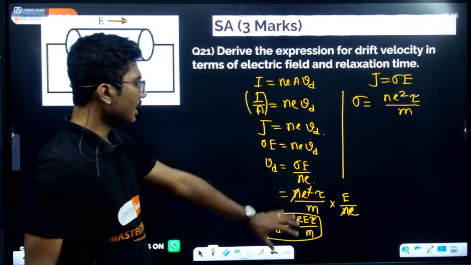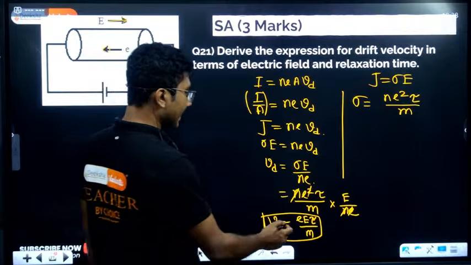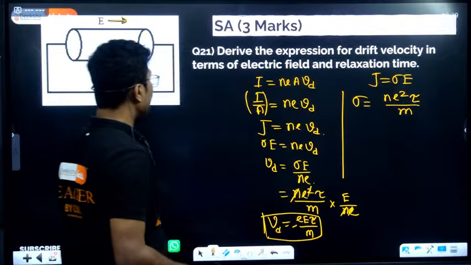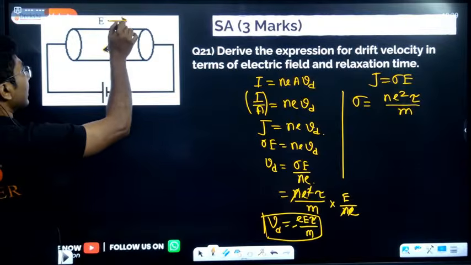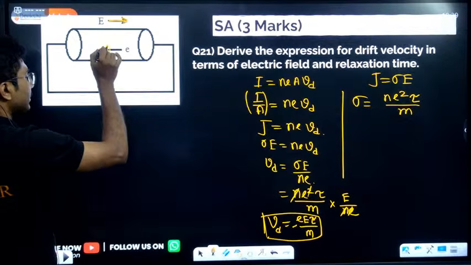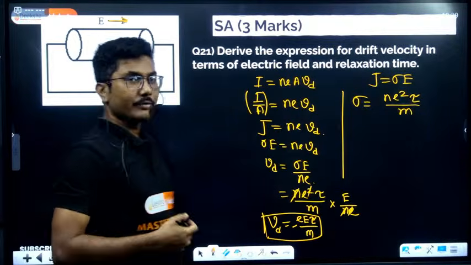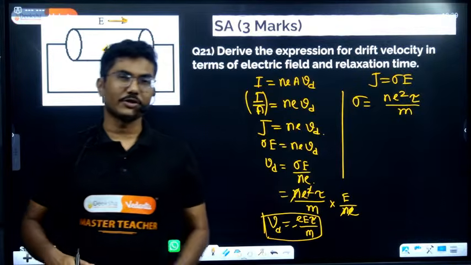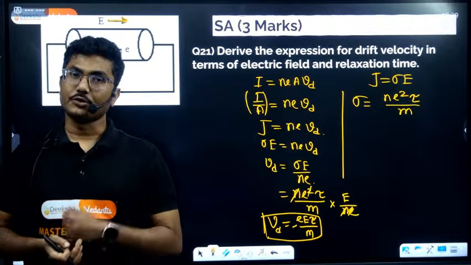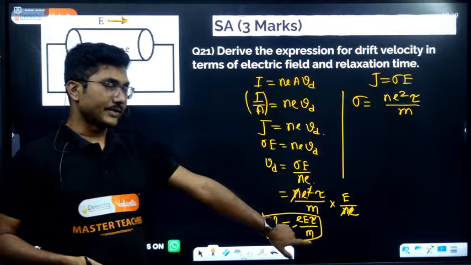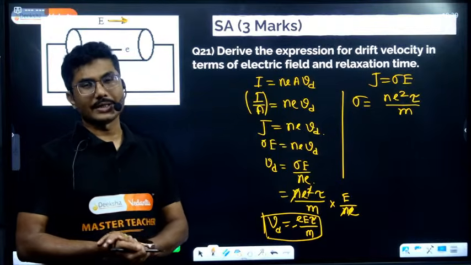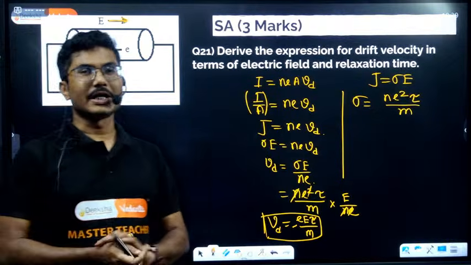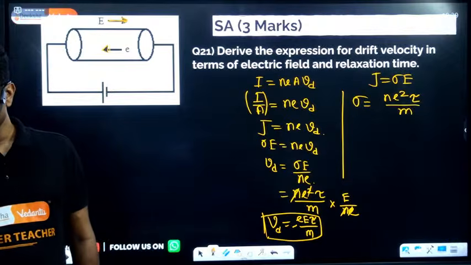Now remember, generally there is a negative sign. Why negative sign? Because when you are applying electric field, electrons are moving in the opposite direction. To honor that, we add a negative sign over here. So drift velocity is in the opposite direction of electric field. Just to showcase that, we add a negative sign. So at the last stage, you have to mention why it is negative, because drift velocity and electric field are in the opposite direction, so that will be a negative sign. Okay,